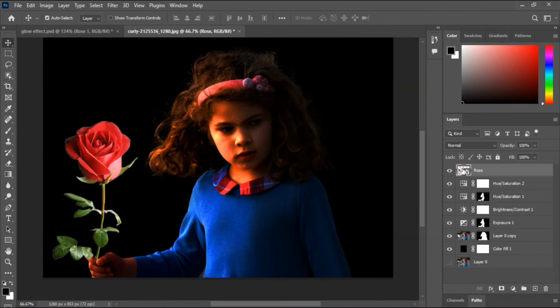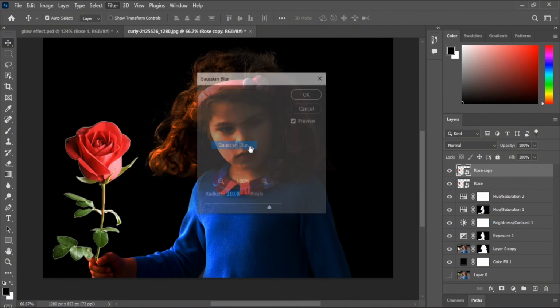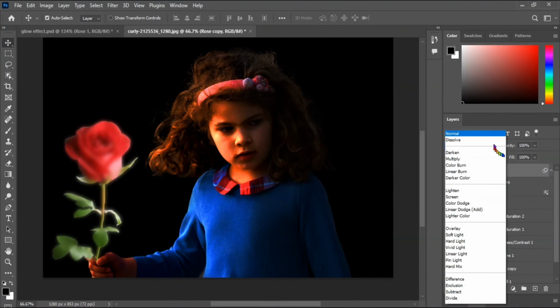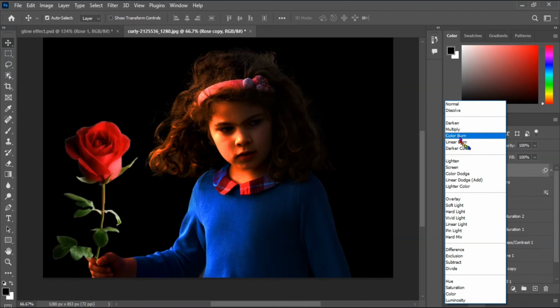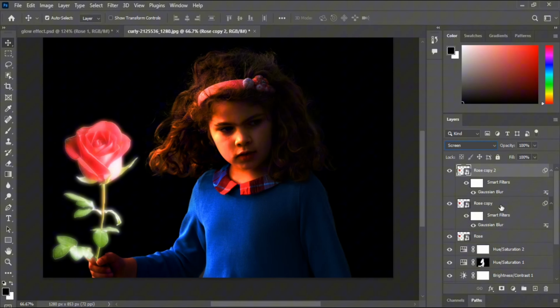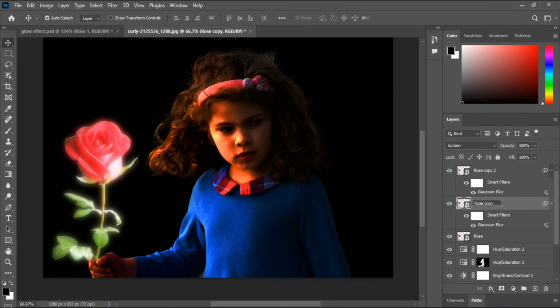Now make a duplicate layer of the rose and go to the filter and select the blur and Gaussian blur and make its value 7 and hit OK. Now find the screen option and click OK. Now make a duplicate of the rose layer again and change the Gaussian blur value to 14 and click OK. Write the name of the layers like GB1 for the Gaussian blur first layer and GB2 for the